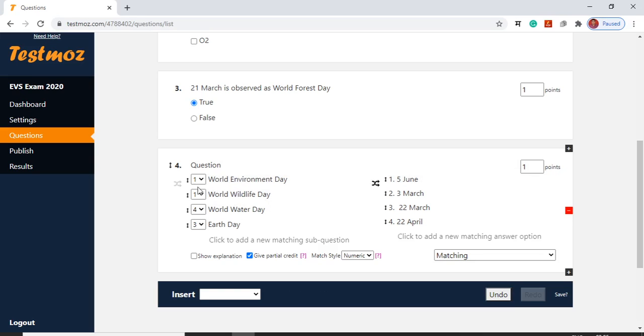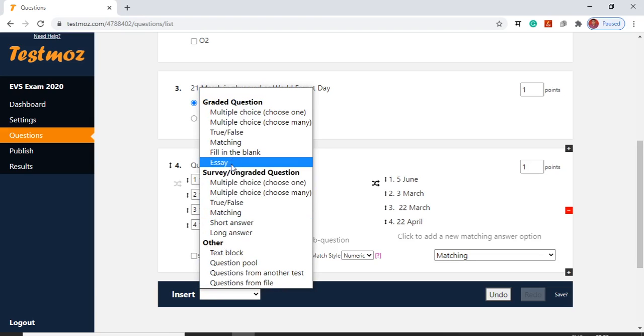We know that World Environment Day is celebrated on 5th June, World Wildlife Day on 3rd March, World Water Day on 22nd March, and Earth Day on 22nd April. So we have set these questions. Like that we can set this type of question.